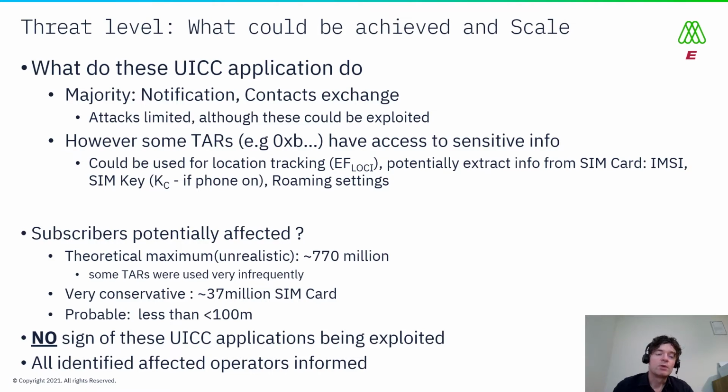And at the same time as well, we've also reached out and informed all the operators which we could identify about this. And in our paper as well, we also covered the different responses and our interactions with the operators to get them to make changes and to fix the SIM card settings or put in security if they weren't able to directly influence the SIM cards. So this is a relatively good case. We were able to identify extensively